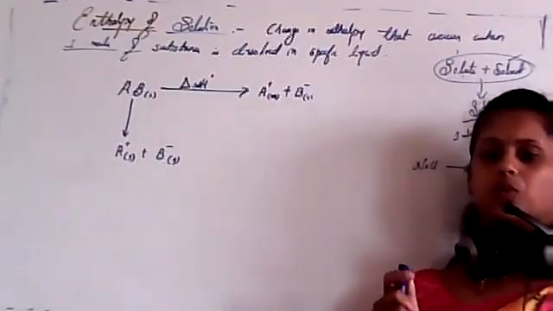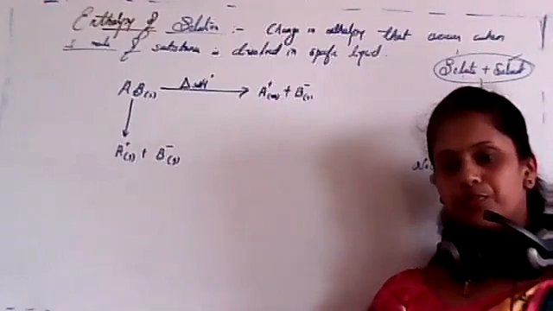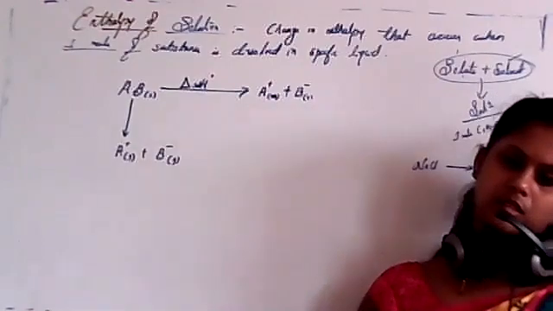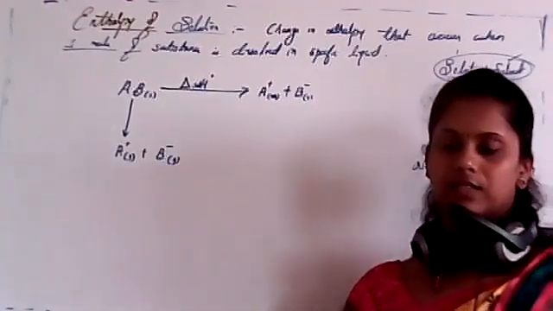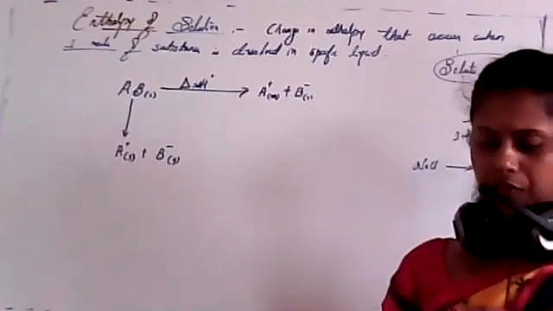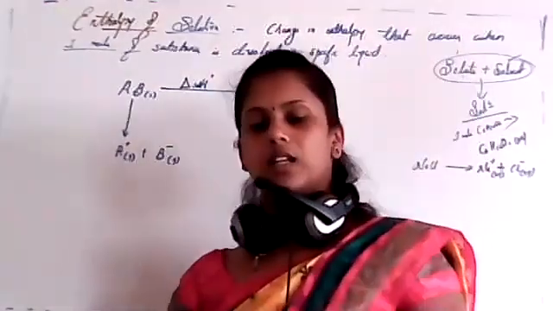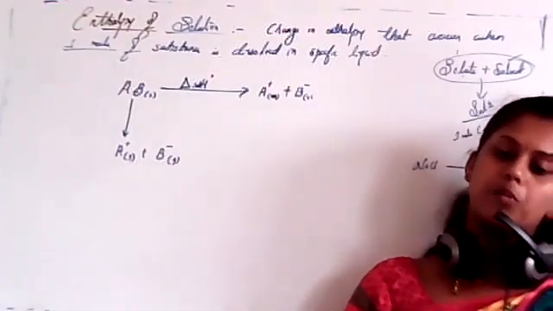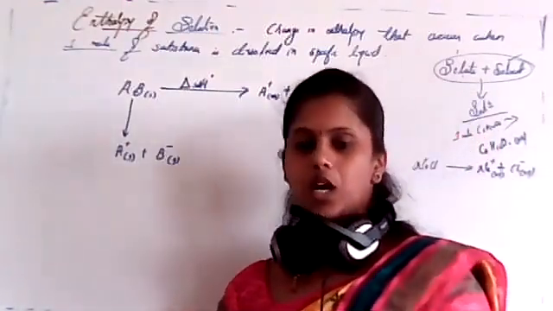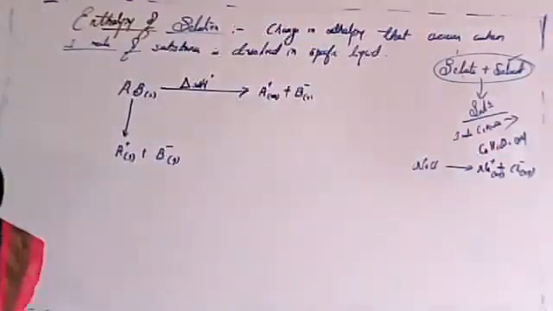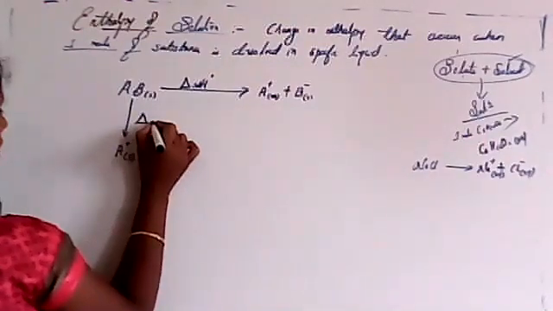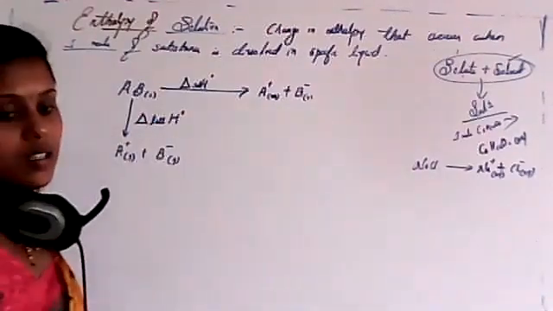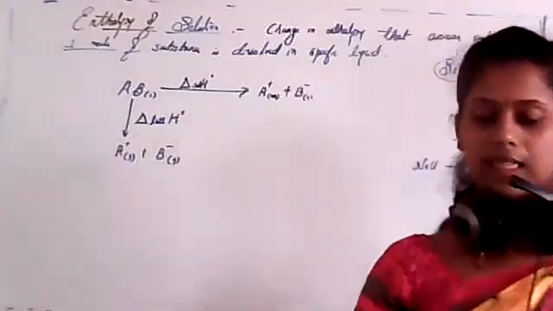Ionic, no. Ionization, no. For that we use one specific word: lattice enthalpy. It is the amount of energy required or released to form 1 mole of gaseous compound, or 1 mole of compound from the gaseous constituents or gaseous ions. What is that? It is lattice enthalpy. Remember? Yes, it is lattice enthalpy.